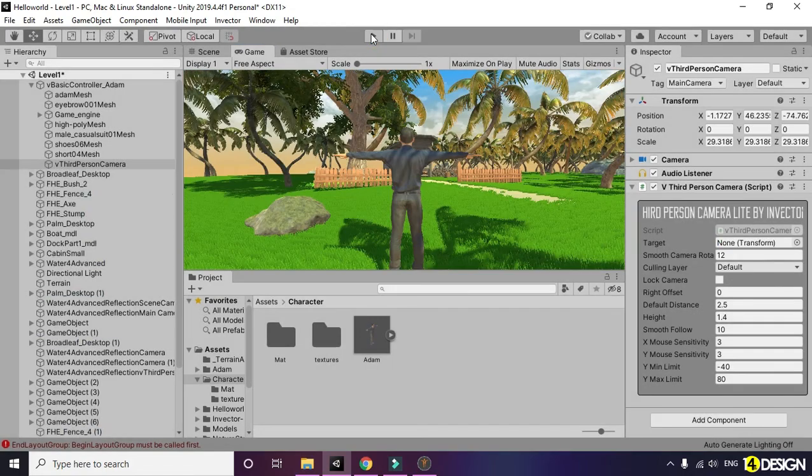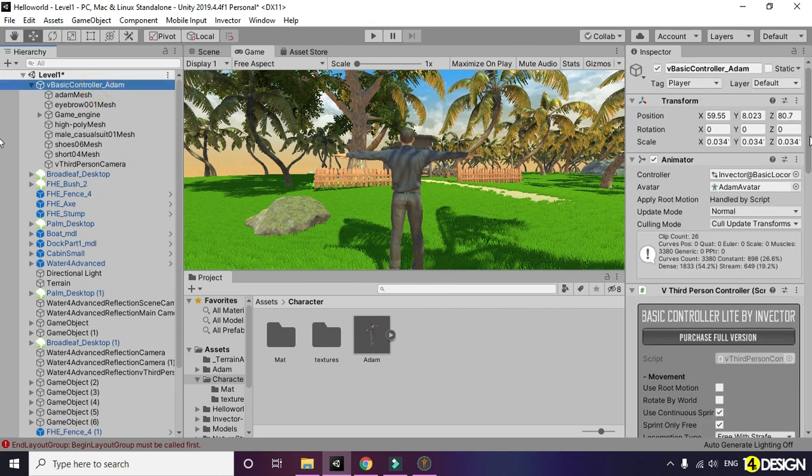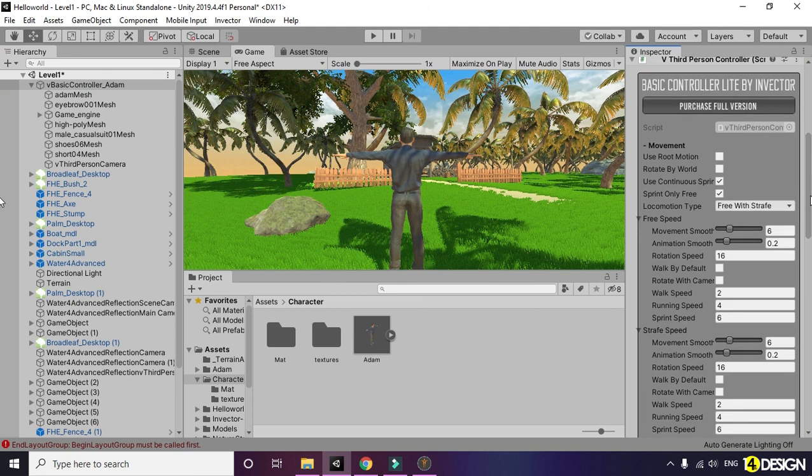There are a lot of settings here in the controller section. To fix them, let's go to the basic controller add-on here, and you will see there is a script attached to it. Root motion is unchecked, and everything is rotate by world is unchecked.